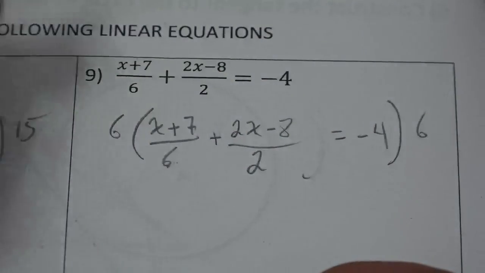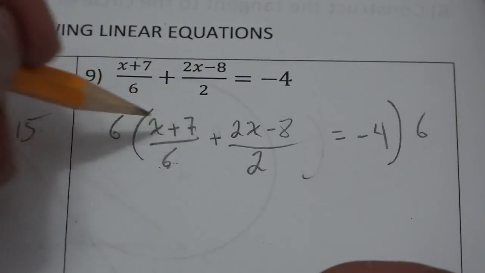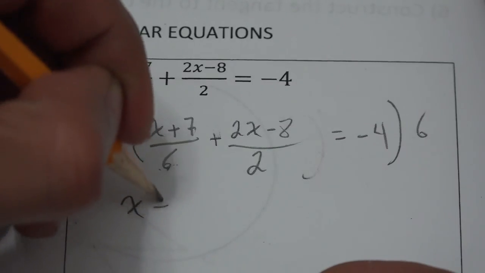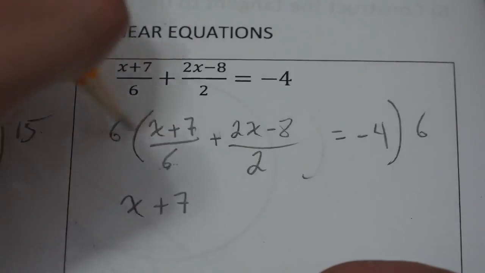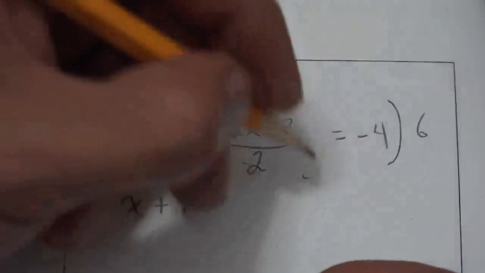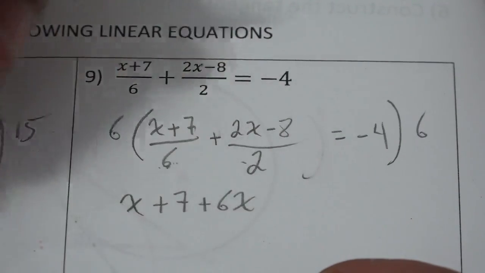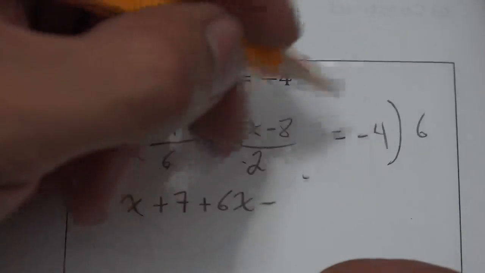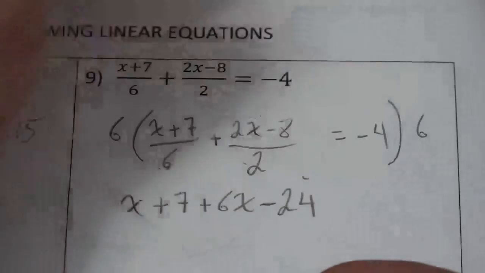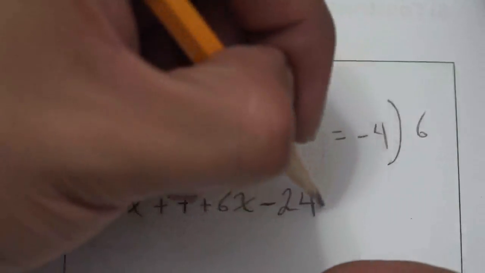I'm not closing the parentheses. I'm closing it right here because I'm multiplying the whole thing by 6. Okay, so let's multiply by 6. So 6 divided by 6 is 1. So that means that the top remains the same. 6 divided by 2 is 3. So I have to multiply everything by 3. So then that's plus 6x minus 24, because 3 times 8 is 24,